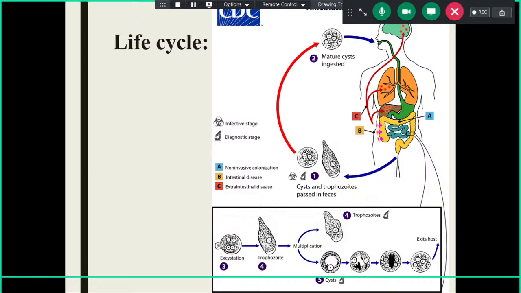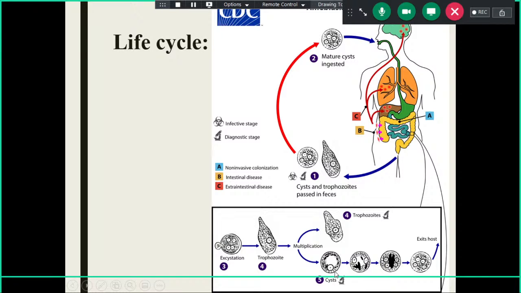Okay, subsequently I will tell you what is the pathogenesis. And anywhere, any vascular tissue, they can sit over there, they can have their nutrition, and they can produce a pathogenesis. Okay, this trophozoite will multiply by binary fission to produce multiple trophozoites, and due to certain environment like change in pH or certain antibiotic pressure, certain kind of adverse effect, they go into encystation. Okay, encystation means the trophozoite will get converted into a cyst.